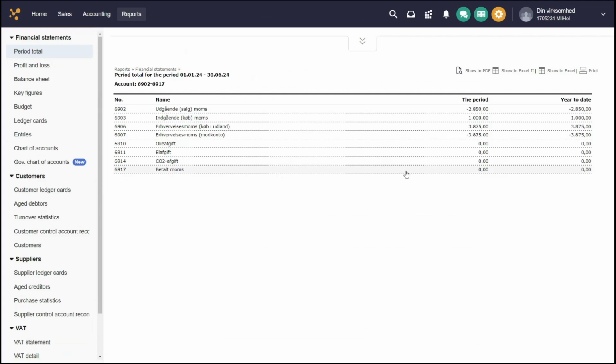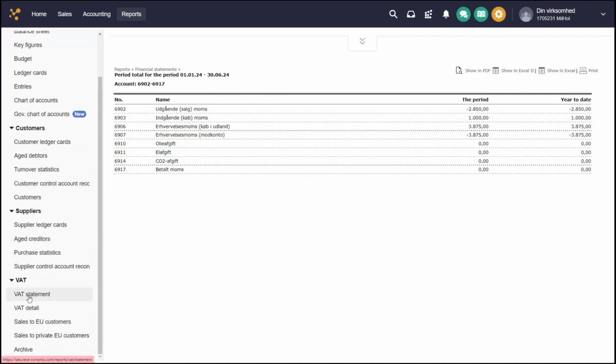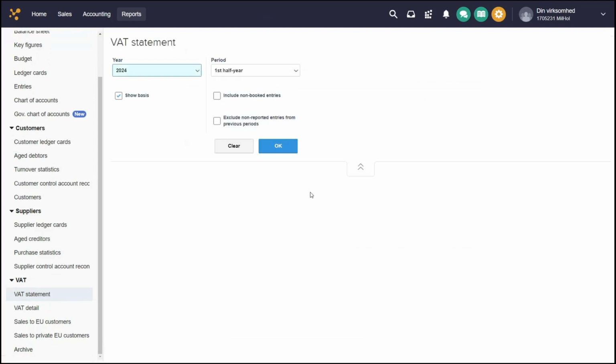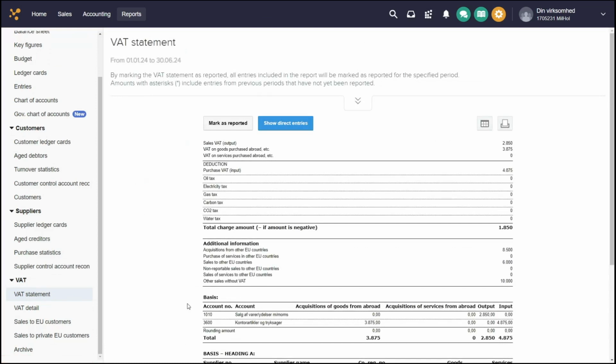Since we have configured the VAT settlement account to be 6917, this is where the total VAT amounts will be transferred to. So let's go ahead and do that to see how this transfer will look. Let's go back to the VAT statement, pull the first half of the year, and let's mark the statement as reported